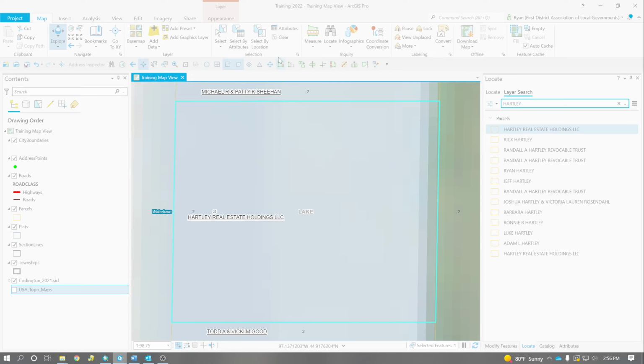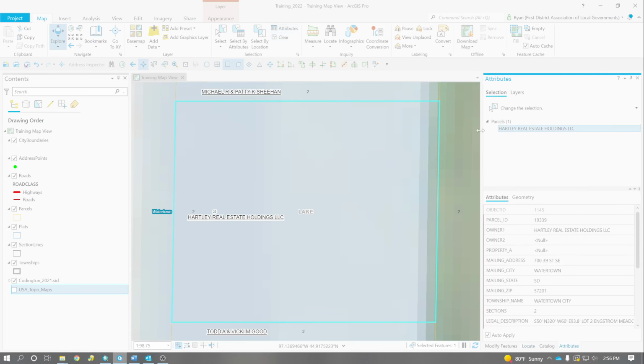When you have selected features, a good way to view that data is by using the attributes pane. So we'll click on this and we'll get the attributes pane up. And this is another way of looking at it, similar to a pop-up. The only real difference is you can edit this data. And that is both good and bad. We will talk a little bit about editing this data in a minute, but